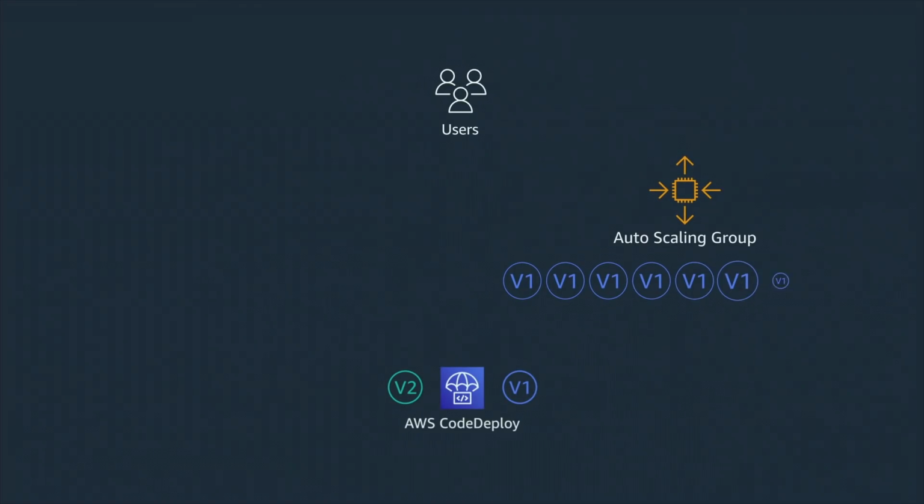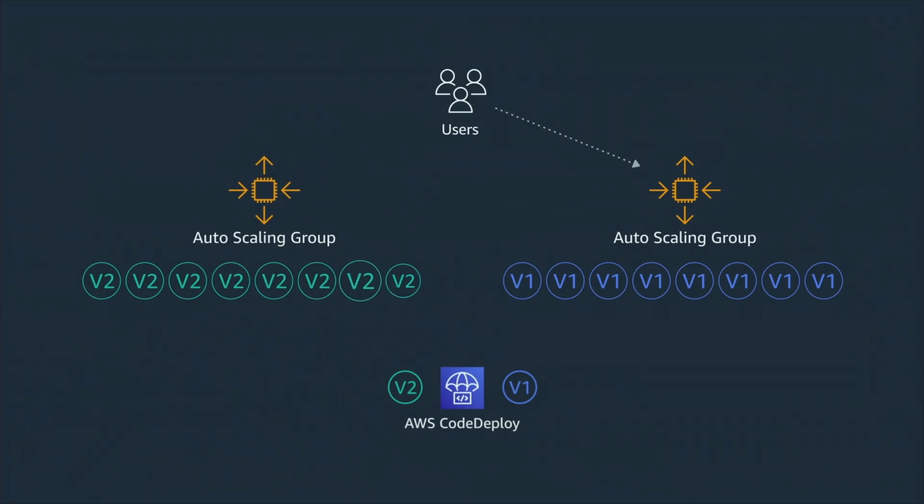Another way of mitigating risk of deployment is by deploying to parallel environments. This is sometimes called blue-green deployment. CodeDeploy also allows us to choose blue-green deployments. With this, CodeDeploy provisions a new autoscaling group, let's call it the green environment, by copying the original one that we call the blue environment. Then CodeDeploy will deploy the new application revision onto the green environment, and once the deployment is deemed successful, CodeDeploy